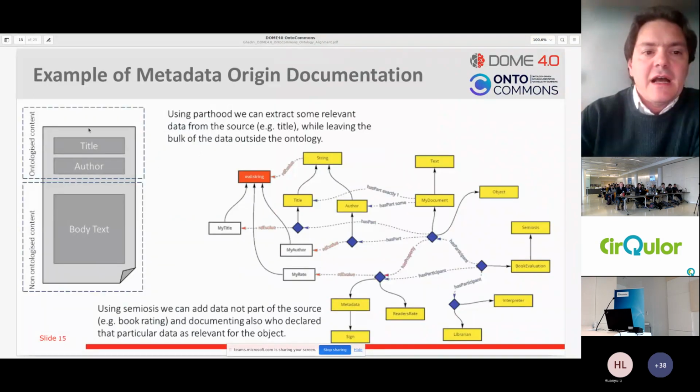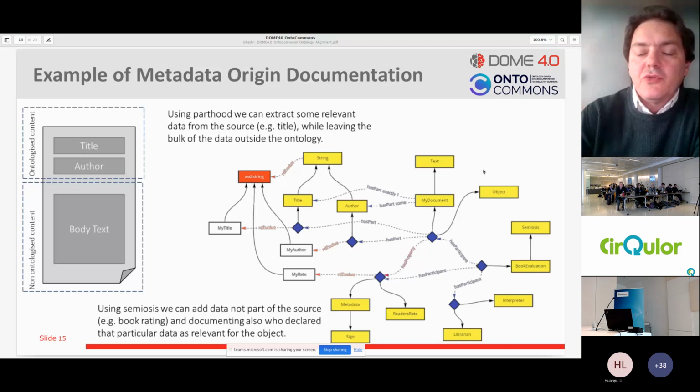So, for example, if you have a document like the one you see on the left, and it is represented by this individual, it is possible to connect to this individual data that you declare being already part of the data set, or to connect to this data set properties, for example, the reader's rate for this book that are generated using a book evaluation process.